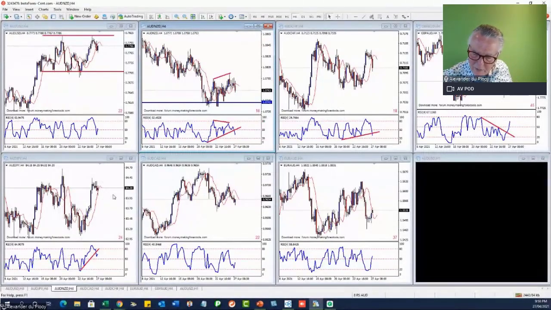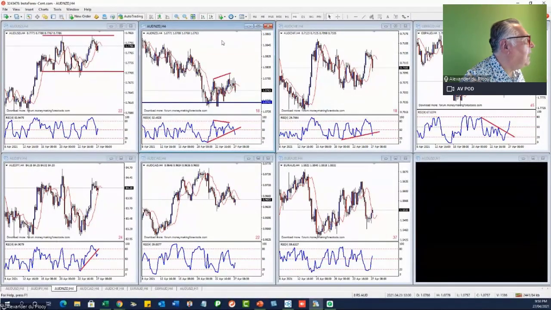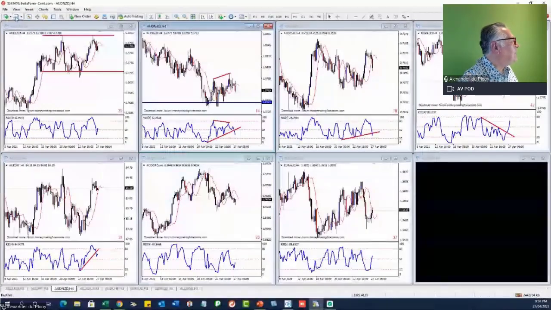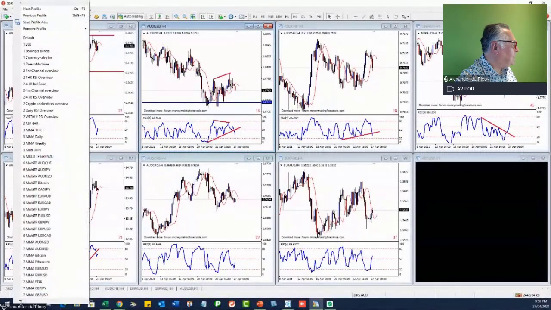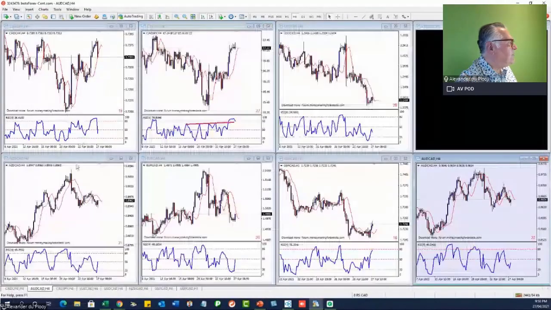Let's just see if we've got any Aussie setups here. No. Aussie New Zealand, we said. Where's that? Oh, don't have the Aussie. Oh, there we are. Oh, that's the one. So I'm going to actually take that one off my list. Aussie New Zealand. Okay, so let's have a look at the next relative strength. So we've done all the Aussies. Now we're into the CAD, and